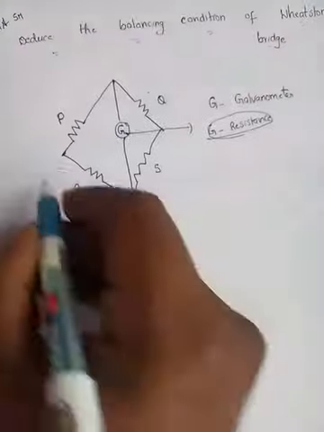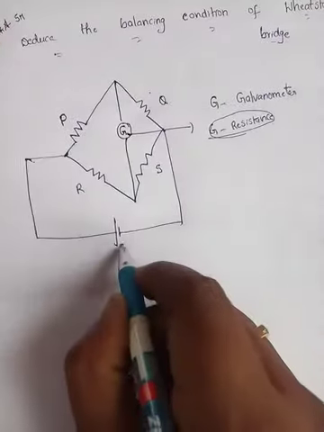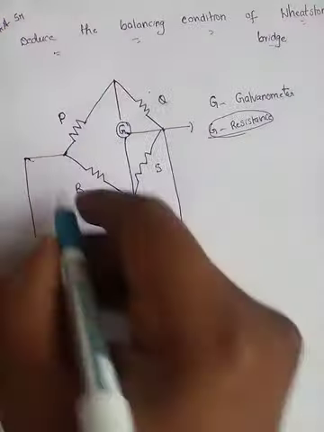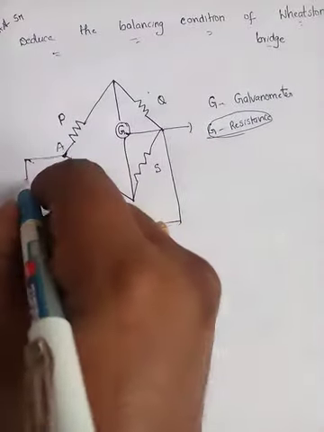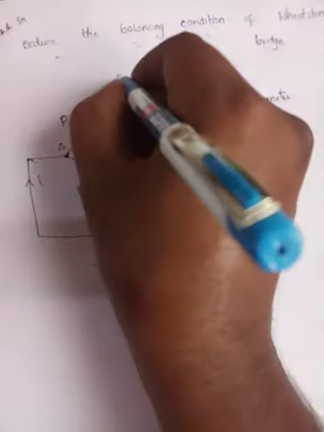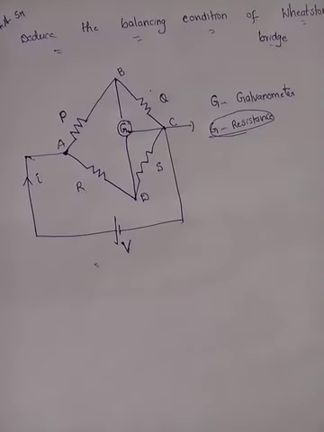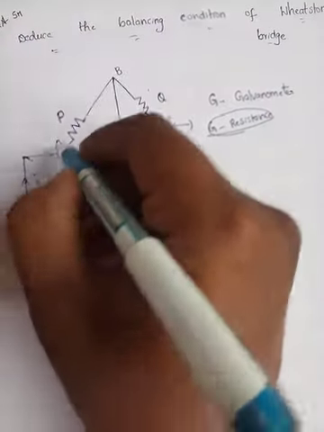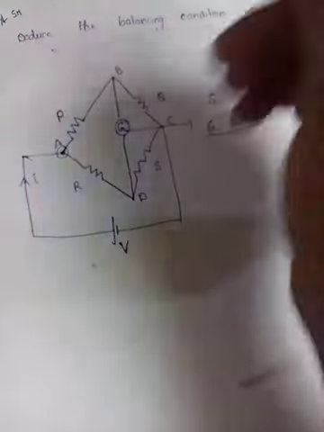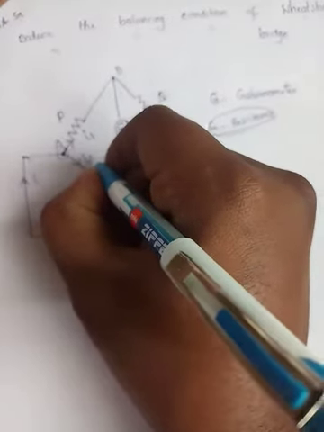Now this is connected to a battery of potential V. Here more than 2 conductors have been connected, so current flowing is I. This junction is B, this point is C and this point is D. Now we have to apply the junction law. When the current comes here, it has to divide into 2 parts. This is I1 and this is I2.